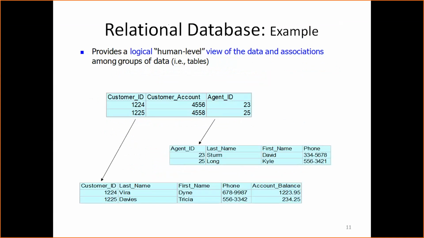A simple example of a table is this. You can have one or more rows, and every row can have one or more columns. So this is a table, and let's say this is a customer table. This is a customer ID, his last name, first name, phone number, and his balance. Tables can also be joined by using the same values. So these column values can match, and there is a way to combine the data from more than one table. We'll look at how to join those tables as we go.